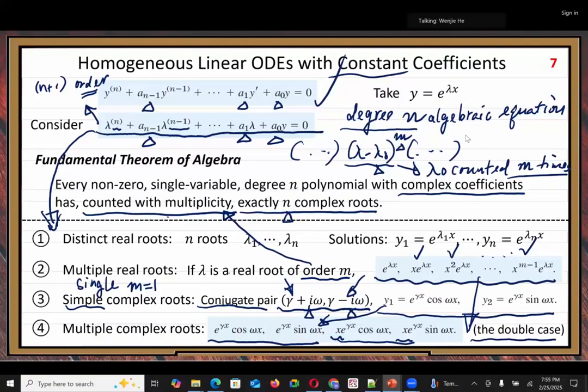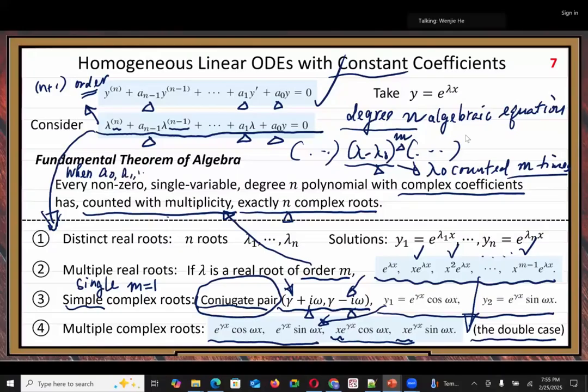The question is, under what situation do we need to consider the conjugate pairs? Here, let me give you the conclusion. I don't have much space here, so I'll just write somewhere. When these coefficients, a0,